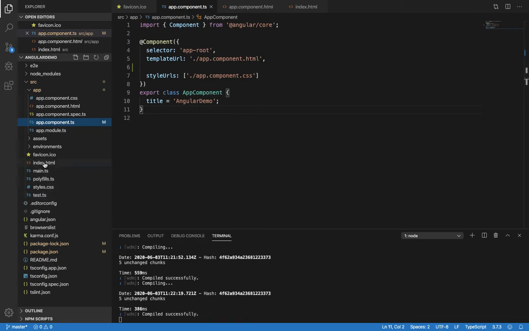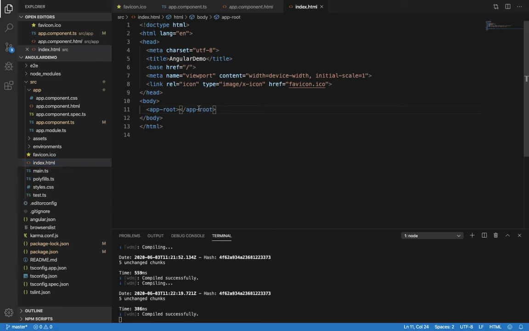And in the index.html file, if you are going to use a particular selector as a directive, then Angular will replace this directive with the corresponding template file, and it will show the data on the UI with respect to that particular template file, right? So this is what a component is in Angular, and we'll see how to write or generate another component. For that, we'll see the commands in our further videos, right?